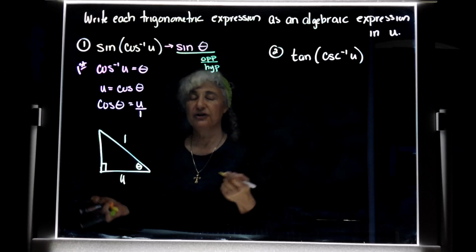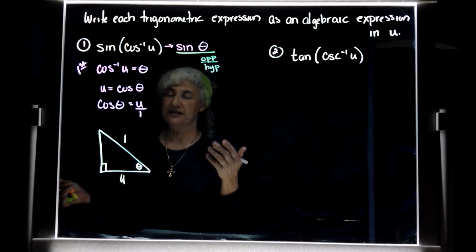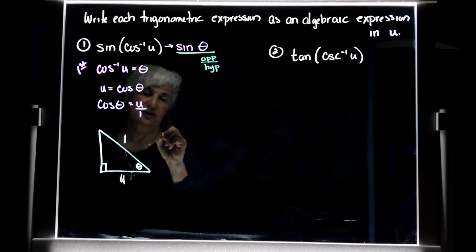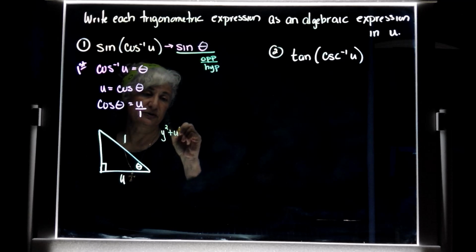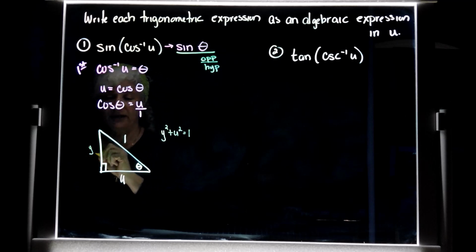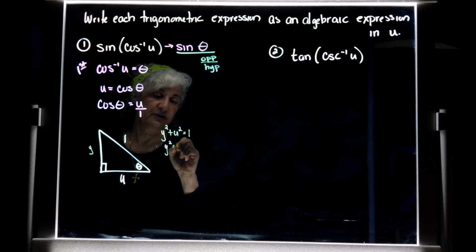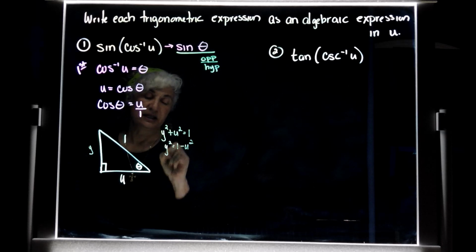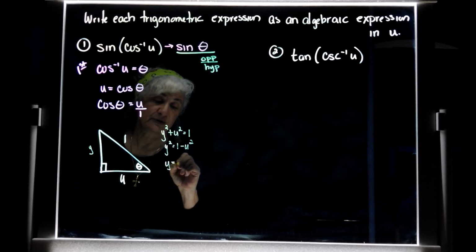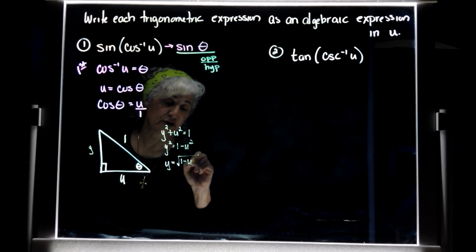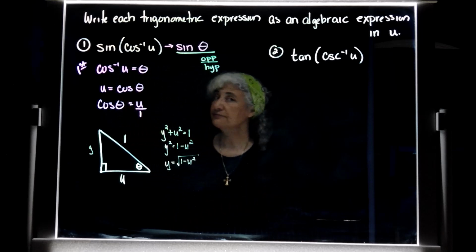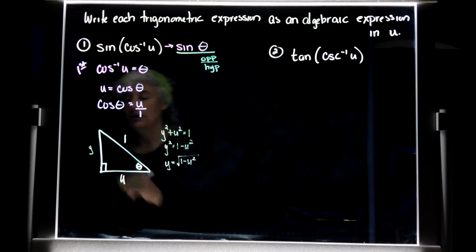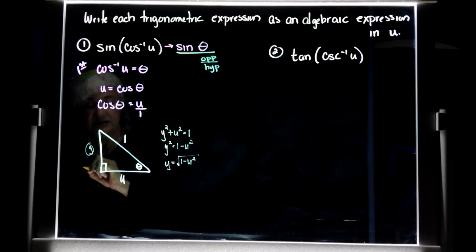Gratefully, it's a right triangle. How are you going to find the opposite side? Pythagorean theorem. So if you don't mind, I shall just call it y, so y squared plus u squared equals 1. And y squared is this. Y is that side. So that means y squared equals 1 minus u squared. And I'm going to take the square root of both sides, and I'm supposed to get 2 answers, one positive, one negative. Agreed? However, it didn't tell me what quadrant I was in, so I'm going to assume it to be positive, which means this side is simply the square root of 1 minus u squared,